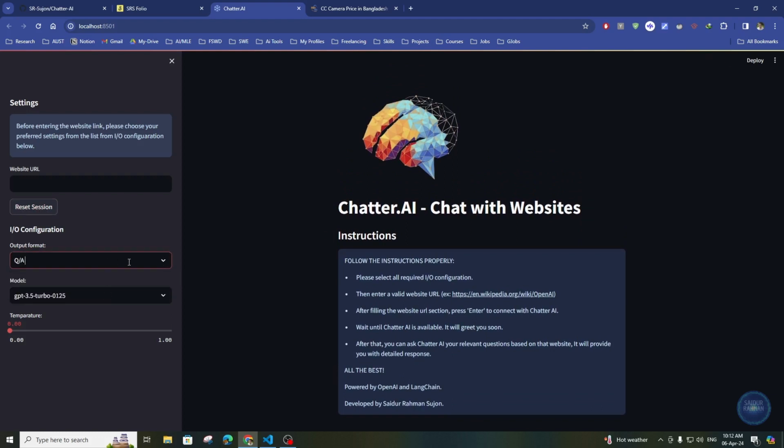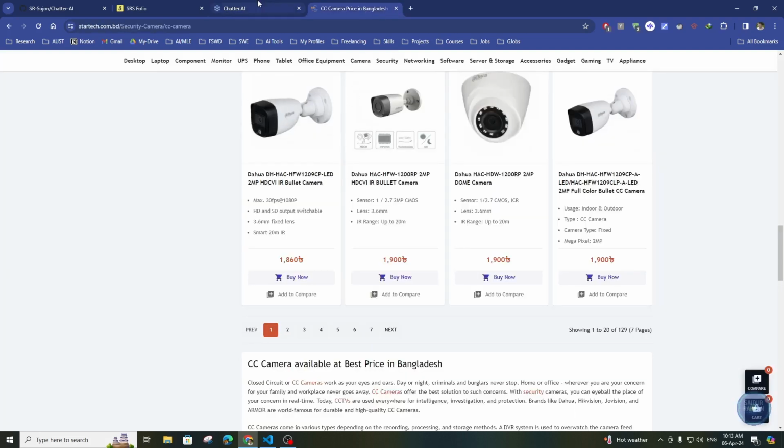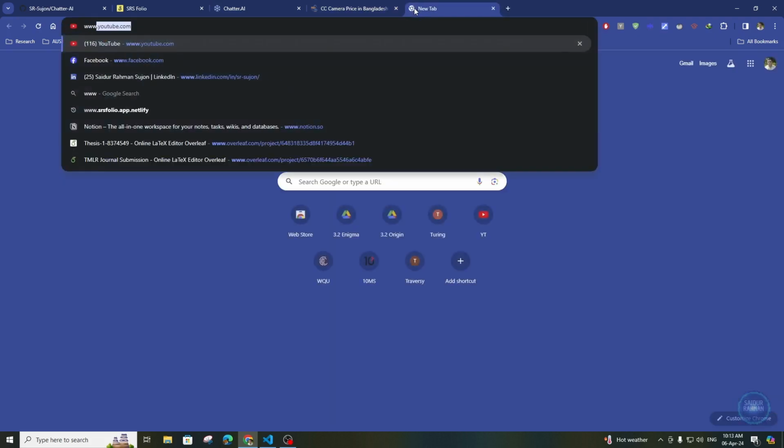This is just like a conversational AI. It's not about a specific JSON upload format. Then I use this model, and temperature should be 0.63 this time. Okay, now let's go to a new page,